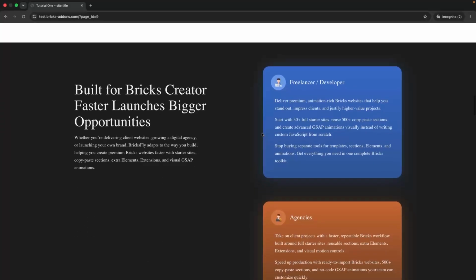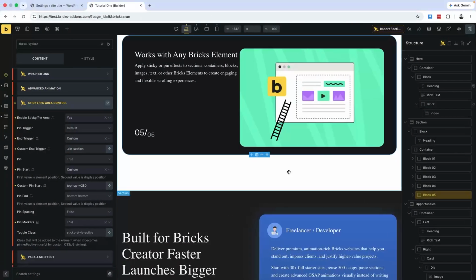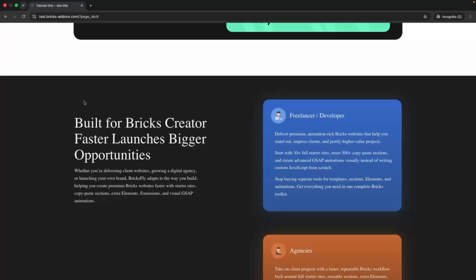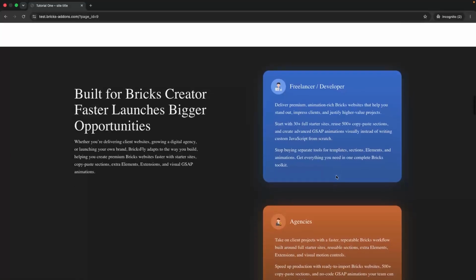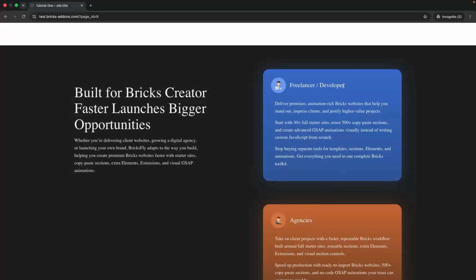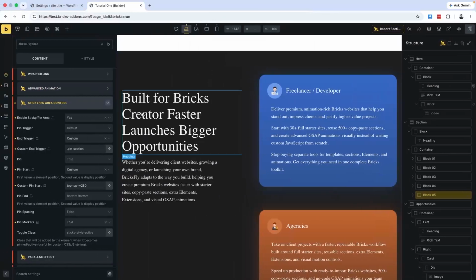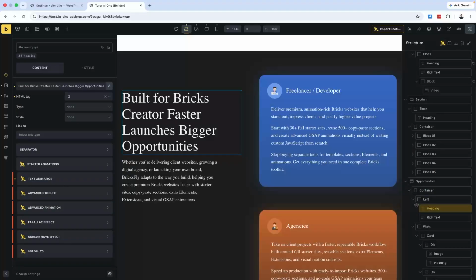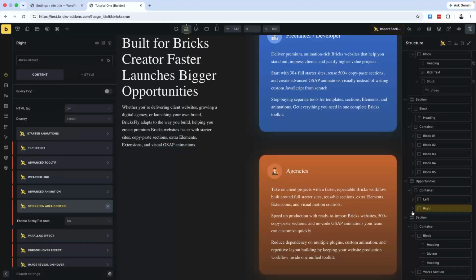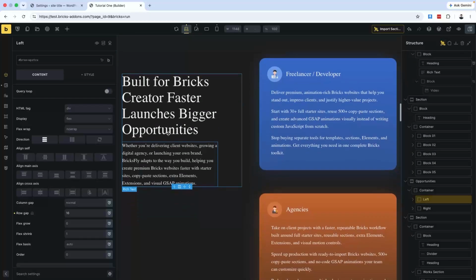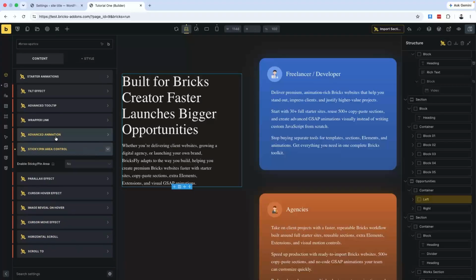Okay, now let's come to this particular section. In this section we want to pin this first, and then we want to pin this particular item on top of each one. So first of all, select this. This is the left section. So I'm going to select the left section, and I want to pin this. So I select this,